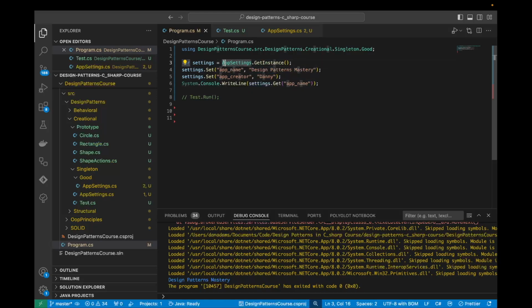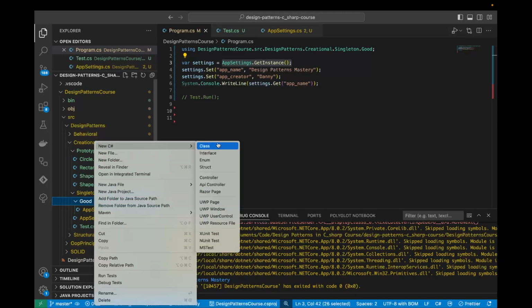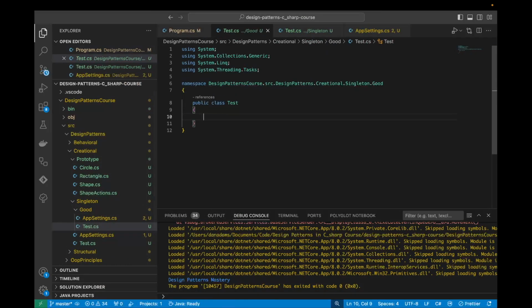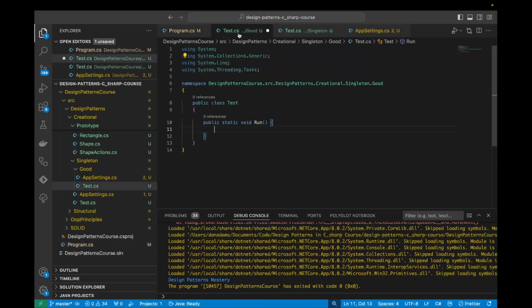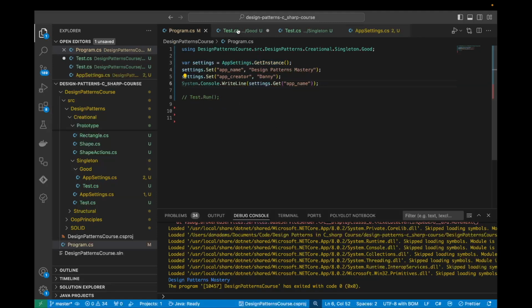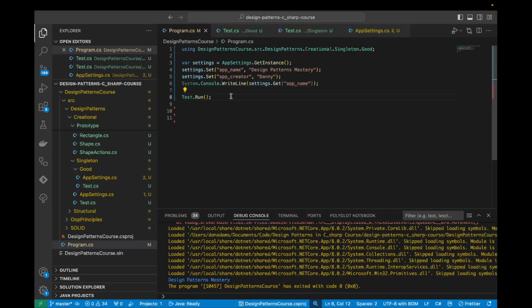So now let's actually test out getting this instance in a different client somewhere else in our application. If we go into our new example folder and create a test class, and in here I'm going to create a public static method called run. And what we're going to do is again get our settings instance, and I'm going to try to retrieve the app name. So let's actually see if this works. Now if we run test.run, we should get design patterns mastery, because here we get the instance from settings,